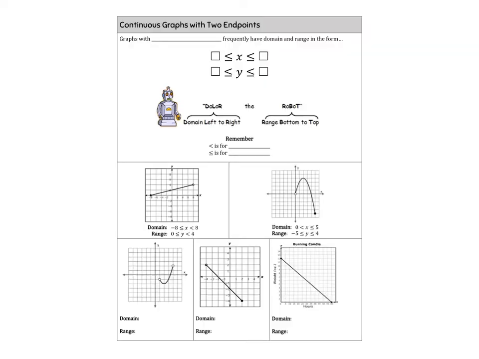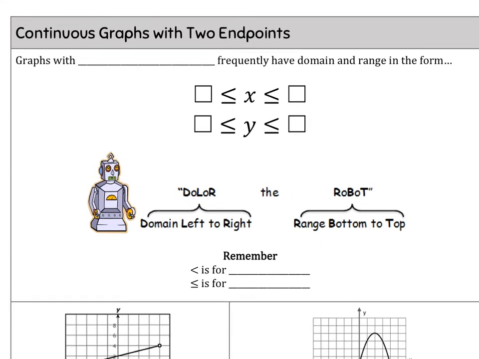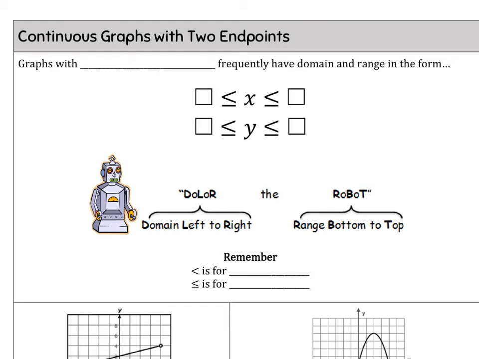Okay, let me help you figure out how to write continuous domains and ranges. This is going to be our biggest step today: continuous graphs with two endpoints. Your endpoints are either going to be solid endpoints like this or open endpoints like this. There's a difference between a solid colored in circle and an open circle like that. But these graphs with two endpoints